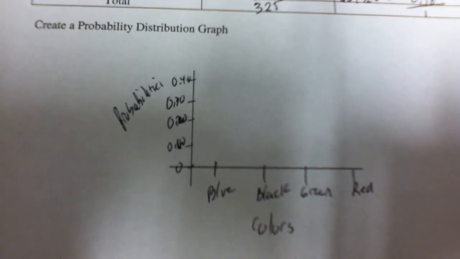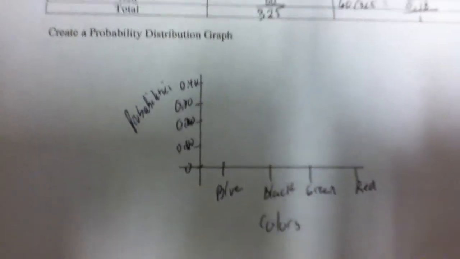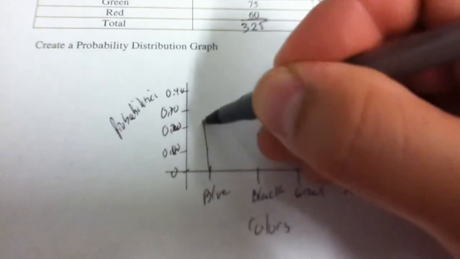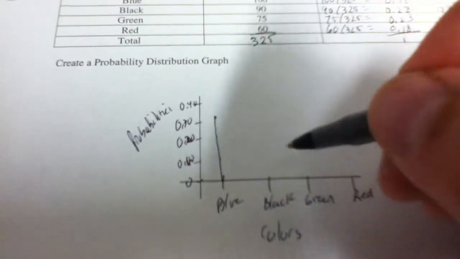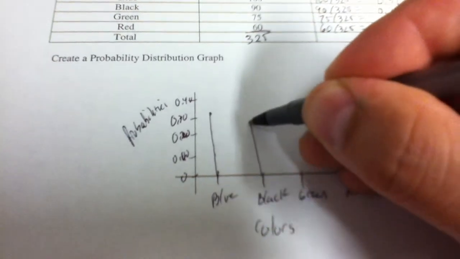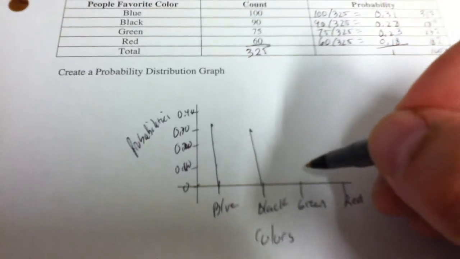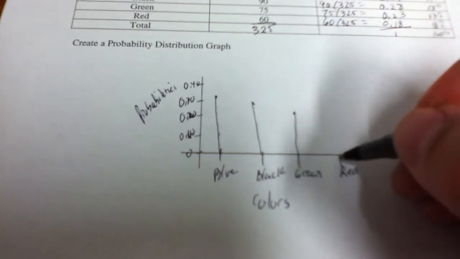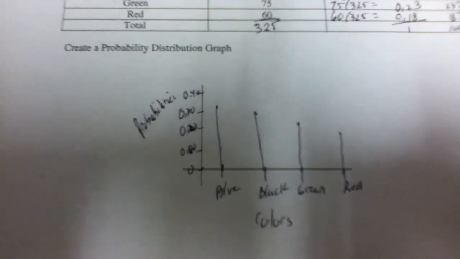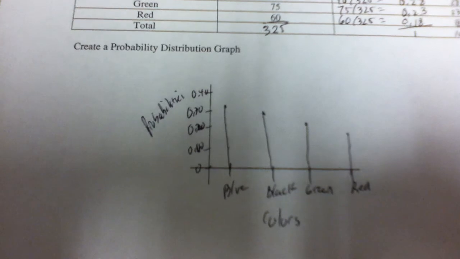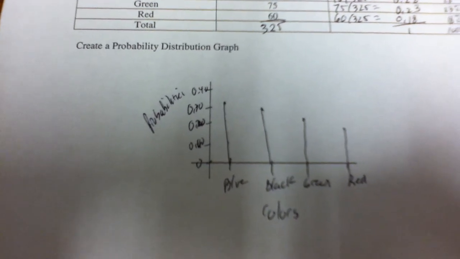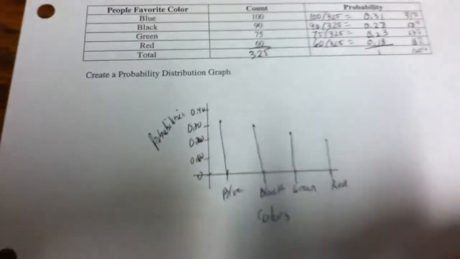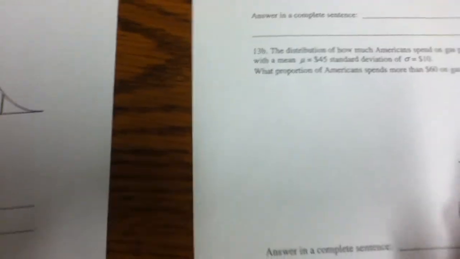10, 20, 30, 40. And blue was 31, so I draw a line up to 31, put a dot. Black was 28, I go up to about 28, put a dot. Green is 23, I go up to about 23, put a dot. And red is about 18, go up to about 18 and put a dot. That would be your probability graph. Okay? Which leads us to our last set of questions. Our last set of questions discuss